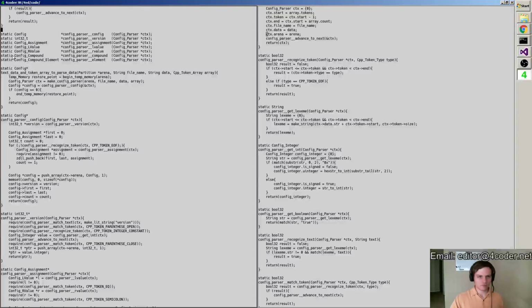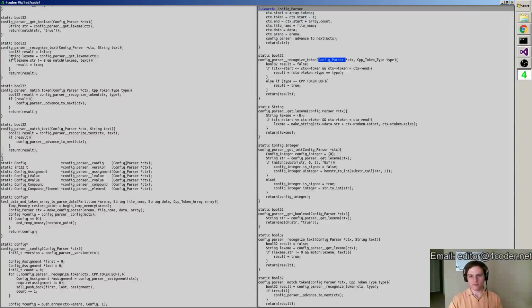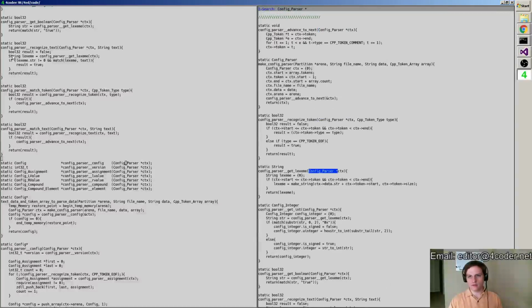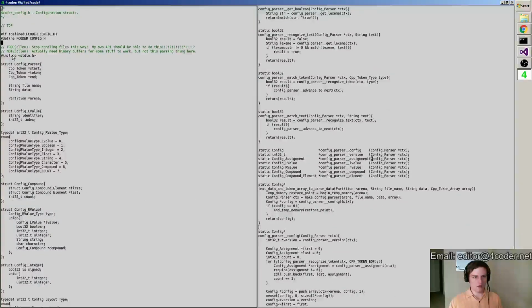So, instead of that, inside of our config parser, we're going to add an output stream of some kind, okay? So now how do we want to do an output stream? Well, I already have my main arena here where I'm filling in the data, like the nodes of the parsed data, and I don't want to mix these.